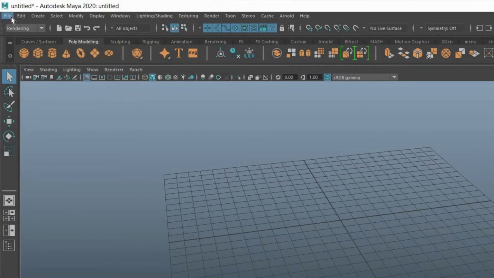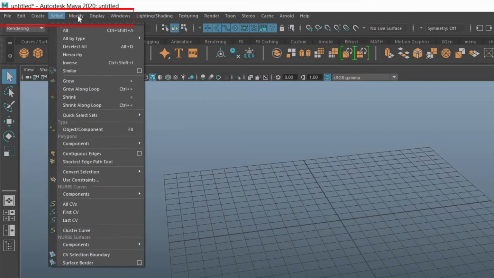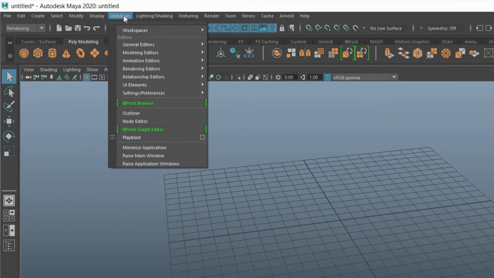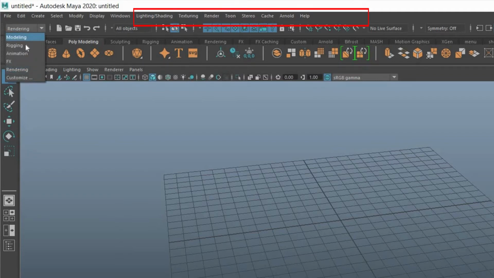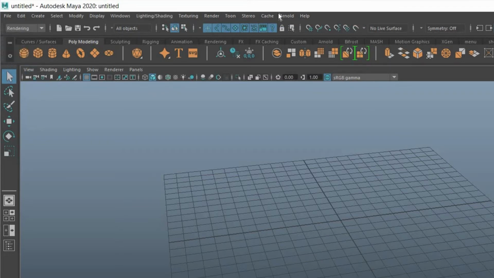Menu bar: there are 7 menus always available in Maya: File, Edit, Create, Select, Modify, Display, and Windows. All other menus change depending on the menu set you select: modeling, rigging, animation, dynamics, rendering. Each menu set is designed to support a particular workflow.